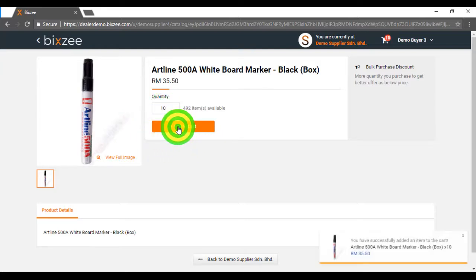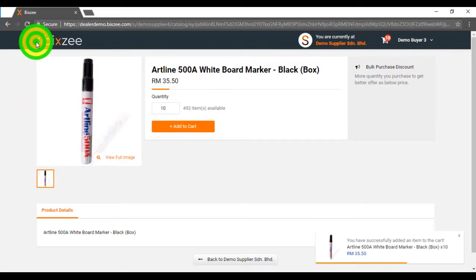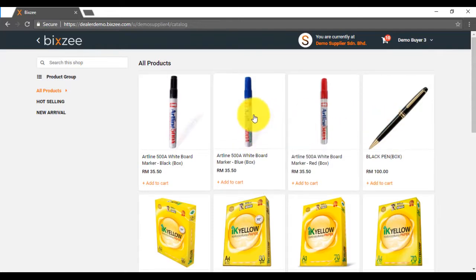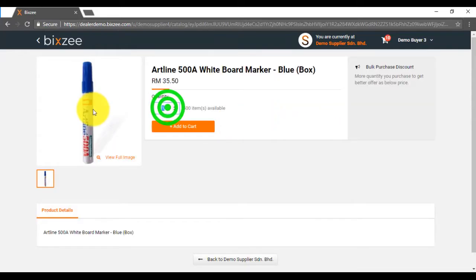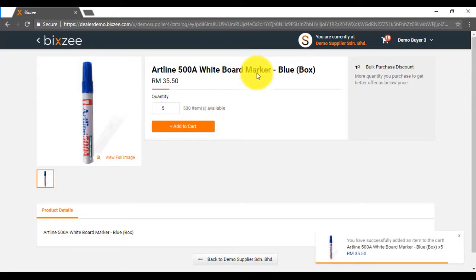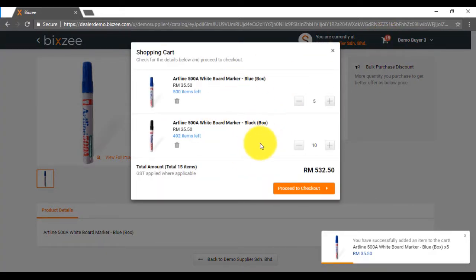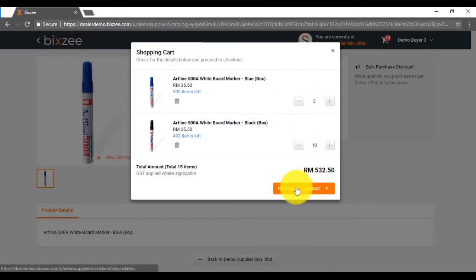Add to cart, and he wants to buy more things. Click on this button. Go back to the previous screen. Maybe click on this product. Let's say this is 5. Add to cart. Then go to this icon. Click on it. The buyer can actually increase or decrease the quantity over here also, or just click on proceed